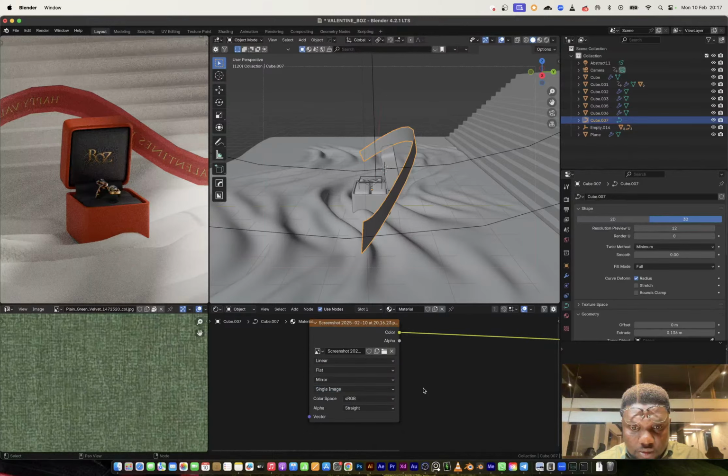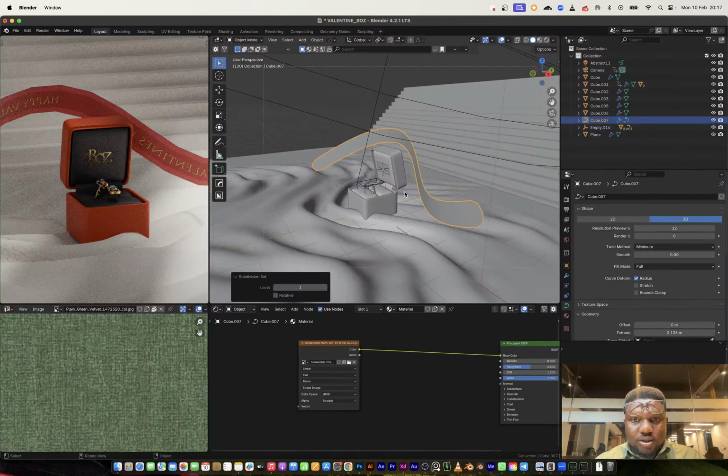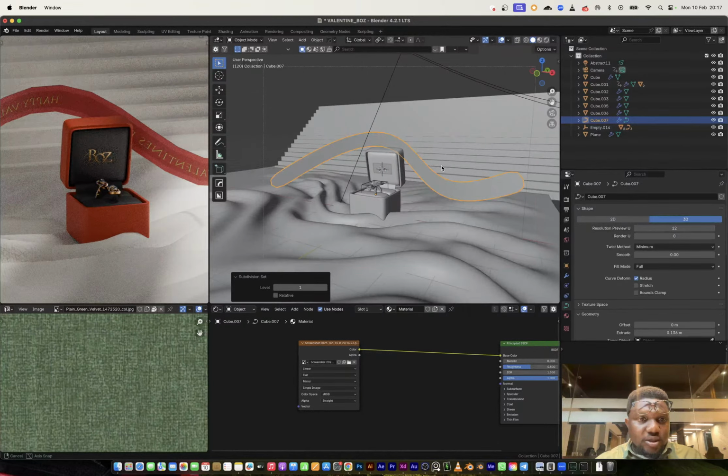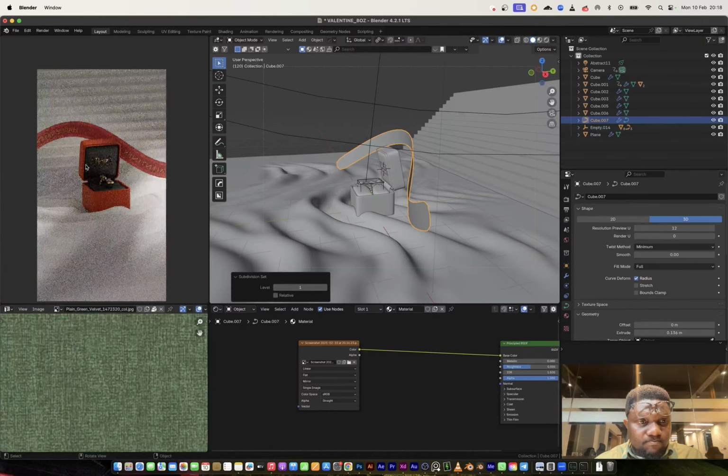Wow, okay, this is going to be a problem. This is going to be an actual problem. Let me see the animation first.